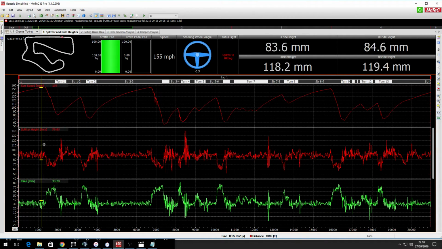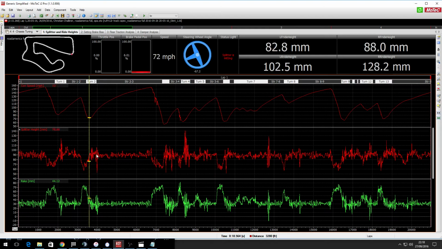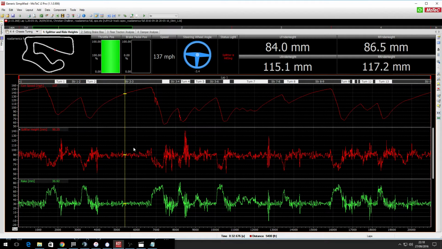But what I would say is you must take into account the fact that this is the middle of the car. So just because the middle of the car is off the ground doesn't necessarily mean that the sides aren't hitting the ground. And that's why I've included these at the top, really, just so that if you were looking at an oval, for example, I mean this workbook is mainly centered around road courses, but if you were looking at an oval, you'd be able to see, say the splitter height was